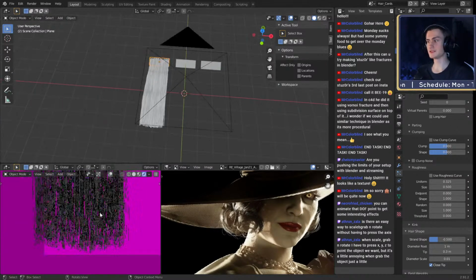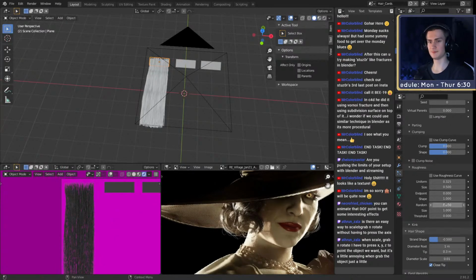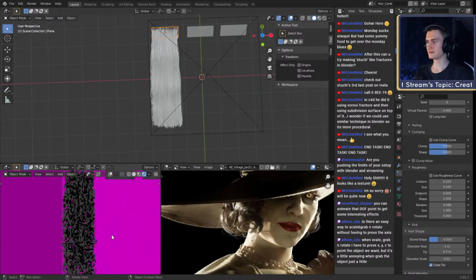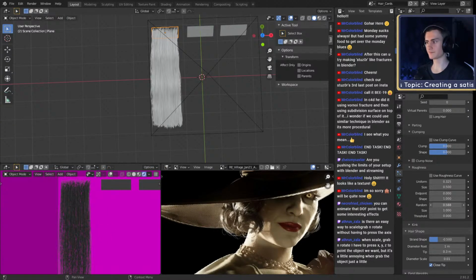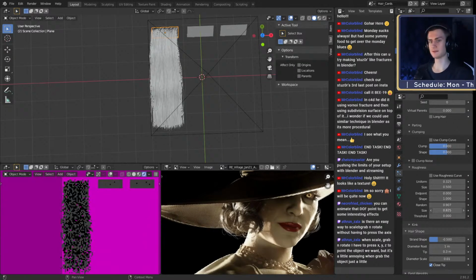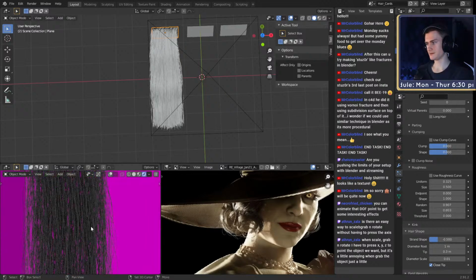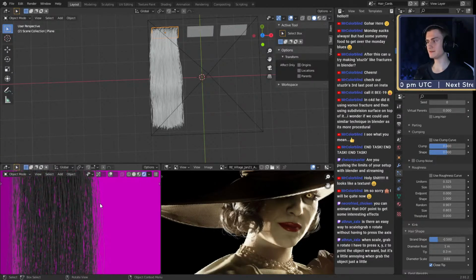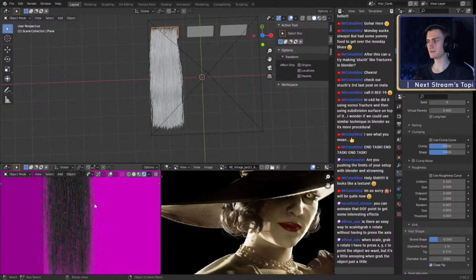What we want to change though is the randomness. We want to put in some more randomness. It kind of works like the uniformity. It's kind of the same, I guess the way it is applied to the hair is different. You can see it gets a little bit wilder. You kind of have to play around with it. The special thing about the randomness is you can now see we have more small hairs deviating from the main flow.